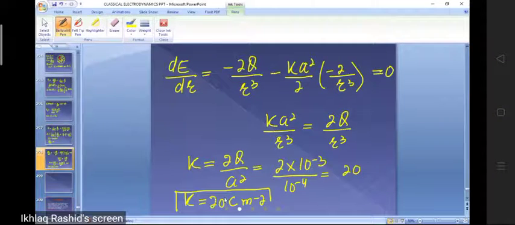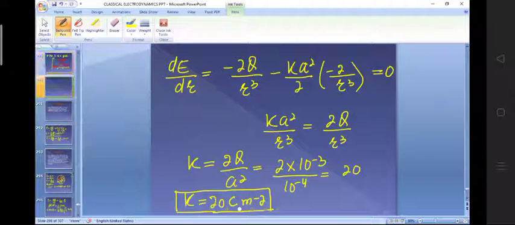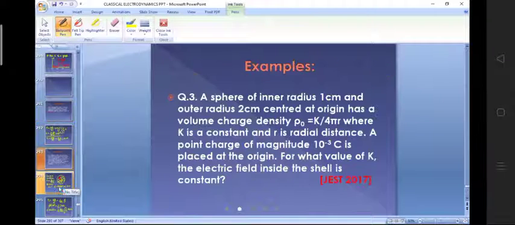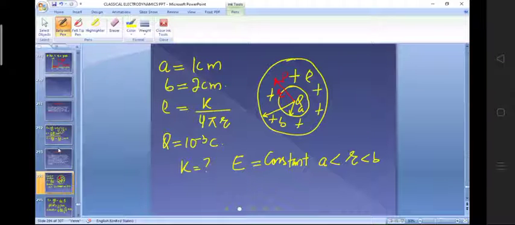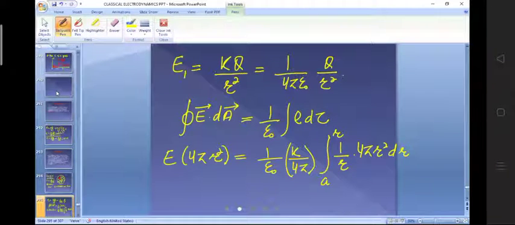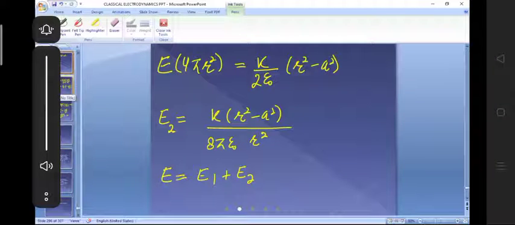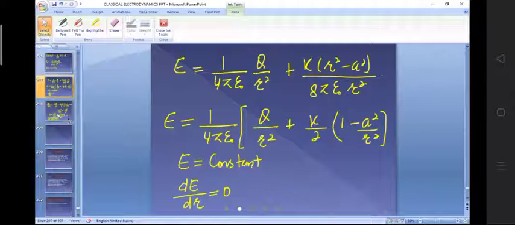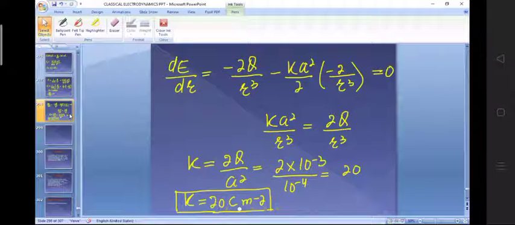I'm sure you have understood this example well. Okay, is there any doubt in this problem? Okay, this is what we have done. I minimized some steps here because I expect that you must be well acquainted with simple steps. So simply calculate the electrostatic field and then find its derivative with respect to r. So there is no rocket science, no very difficult differentiation came in this. Then equate it to 0 and then from there you can calculate K safely.